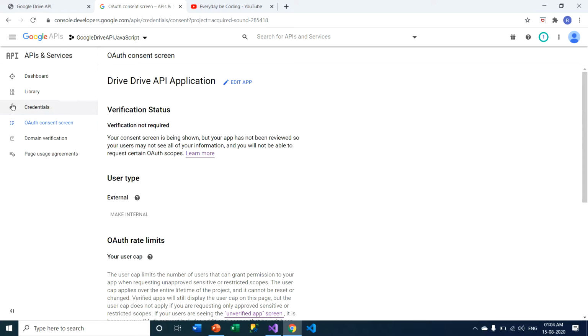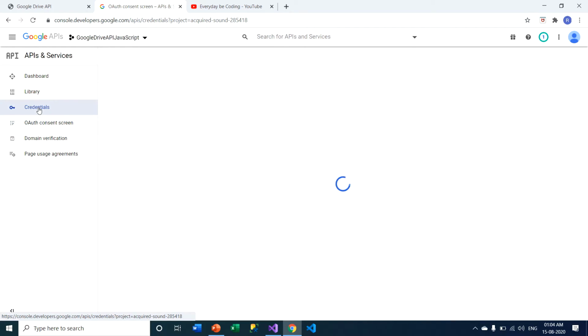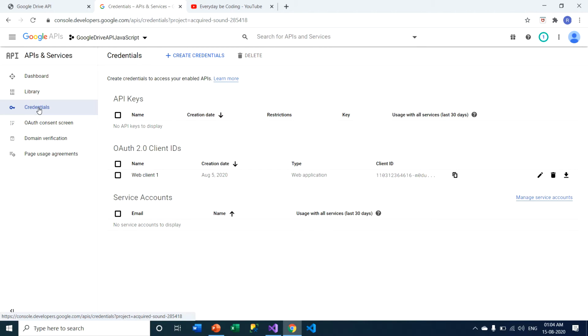After you create this OAuth consent screen, you need to enable credentials. There are 3 kinds of credentials. First, API key. Second, OAuth 2.0 client IDs, and third, service account.